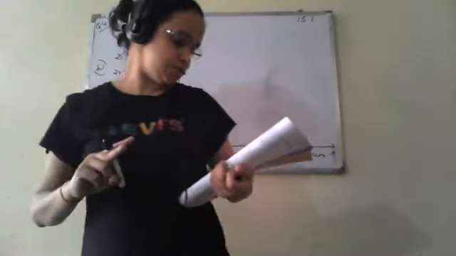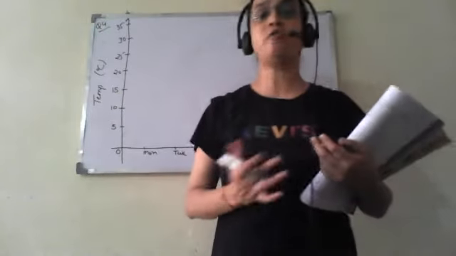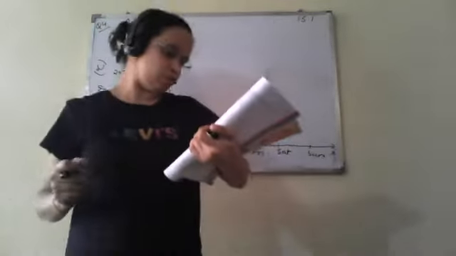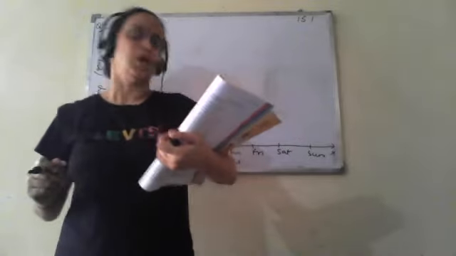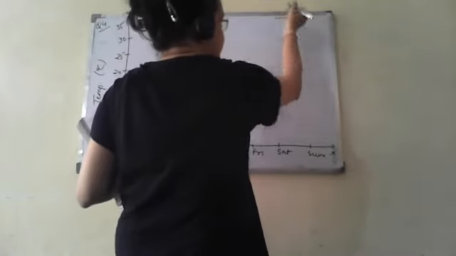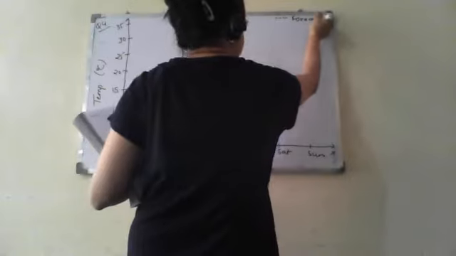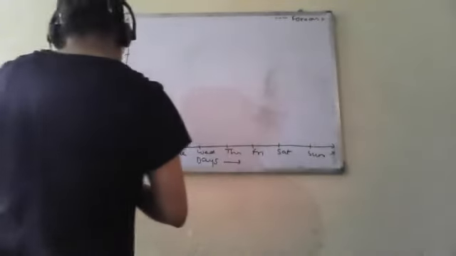Now two things we have to plot. One is the actual temperature and one is the predicted or forecasted temperature. So first I am plotting the forecasted temperature. This forecasted temperature I am denoting by a dotted line. This is the forecast. So on Monday the forecasted temperature was